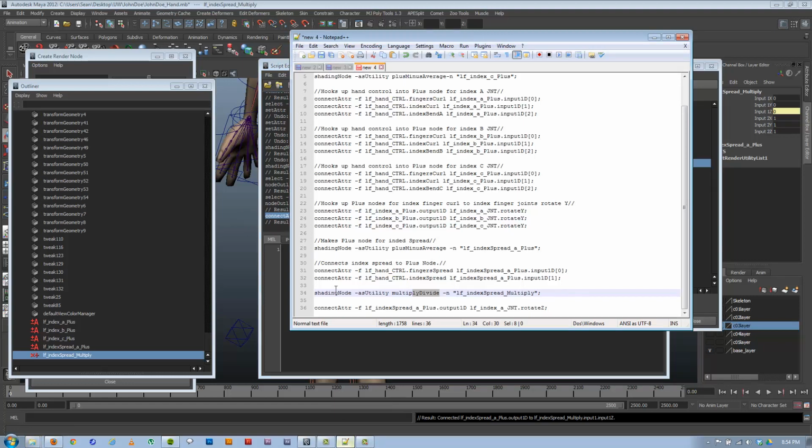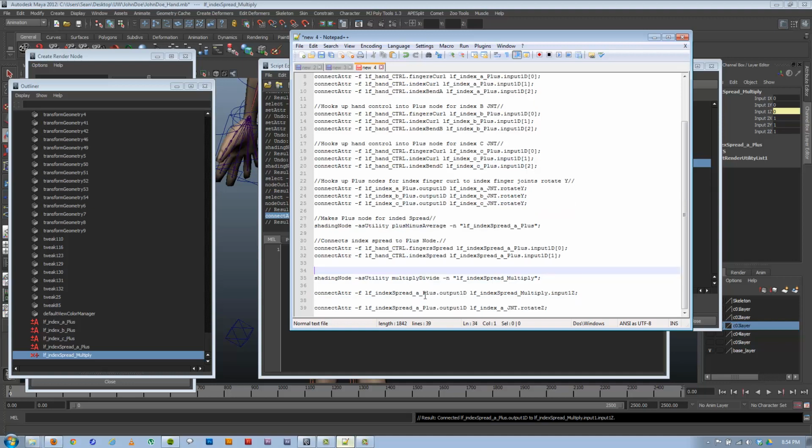So you see I'm jumping around, whether I'm writing the script and making it, or making it in Maya and then using the script. Either way is fine. And again, I should be commenting out this thing as we go, for index spread to reverse direction. And also, so when we make this for the other fingers, we'll take this part out because all the other fingers won't need it. It'll just be the index that needs it. All right, so